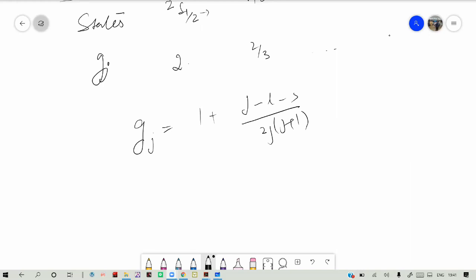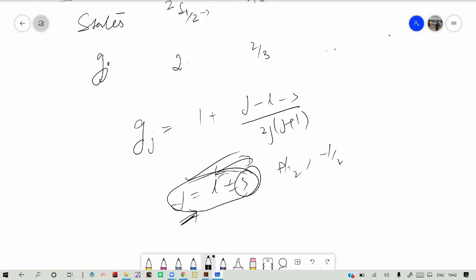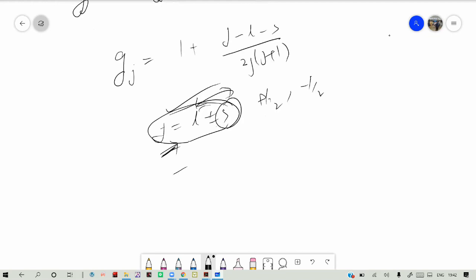But different values of J, because J is equal to L plus minus S. So it gives us L is equal to J. So J has a different value. If we have L same, for example here, take this. J is equal to L plus minus S. So S is plus half, minus half, but J is different for the same value of L. So it gives us different GJ values